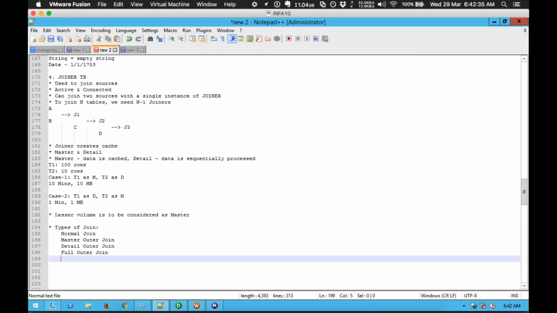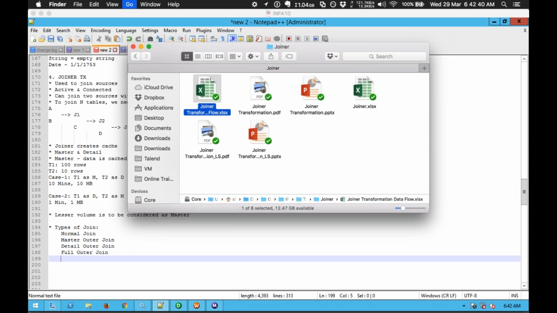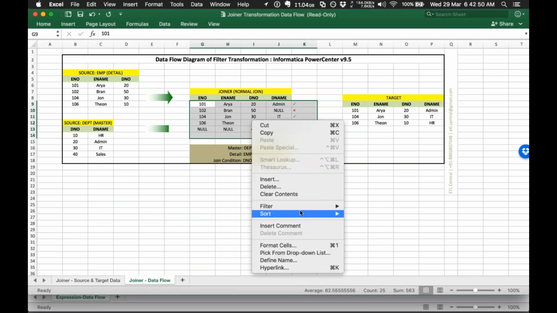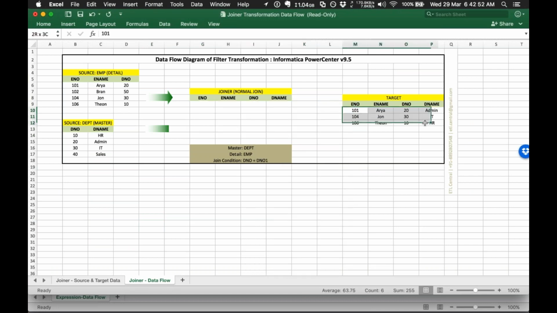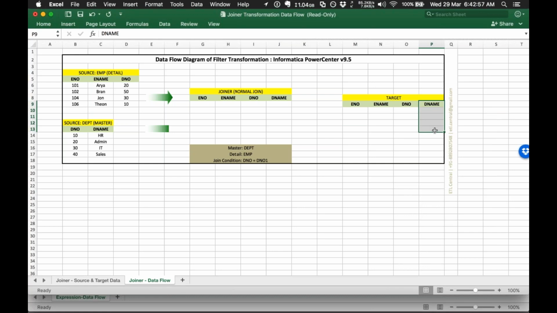Let's see the data flow for this one as well. So in this example, I'm joining my source tables, that is employee and department, because I'd like to have the department name column generated for each and every employee. This department name column is not available in my employee table, but is there in the department table. So I'd like to join these two. So I'm giving these two inputs into the joiner